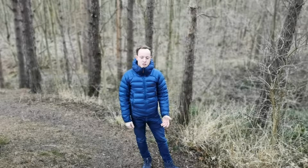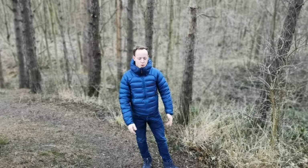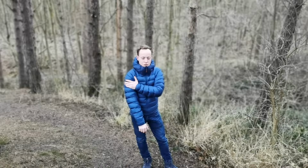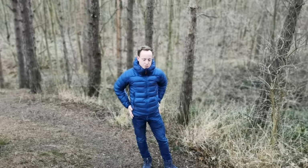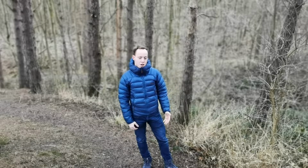Well, for starters, I look at the fit of the jacket. How does the jacket fit me? It needs to be nice and taut all the way down, but you don't want it to be uncomfortable. You need it to be fitted but not too tight, to make sure around the arms you haven't got too much baggy material or baggy space, haven't got too much baggy space down the side, but also make sure you can move around and you can flex your arms in the jacket,